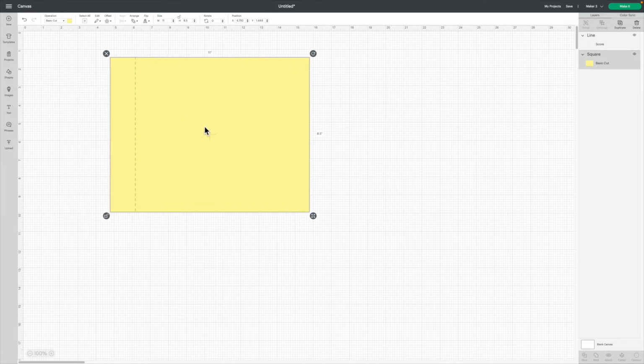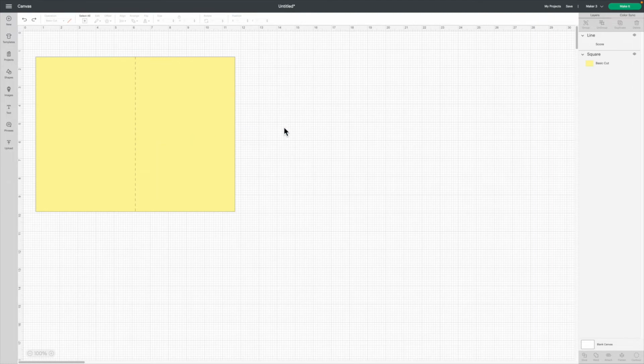To see this, move the card. The score line didn't move with it. Let's press on the keyboard Control-Z. On a Mac, Command-Z. Press the Z key and Control to undo the last move. You can also undo the steps of your process by using the back arrows at the top. Okay, back and forward arrows. This is a great tool if you make a mistake and you just want to go back to how things were. Control Z, Command Z, or back and forth arrows.